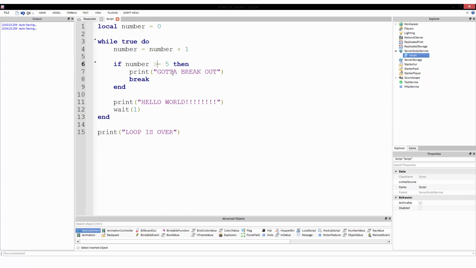So if the number is greater than or equal to 5, meaning it could be 5, or it could be 6, or it could be 1,000, but no matter what, it'd be greater than or equal to 5 in any of those cases. But if it were 4, it wouldn't be. So greater than or equal to 5, then it's going to do what's in this if statement. It's going to print to the output, gotta break out,